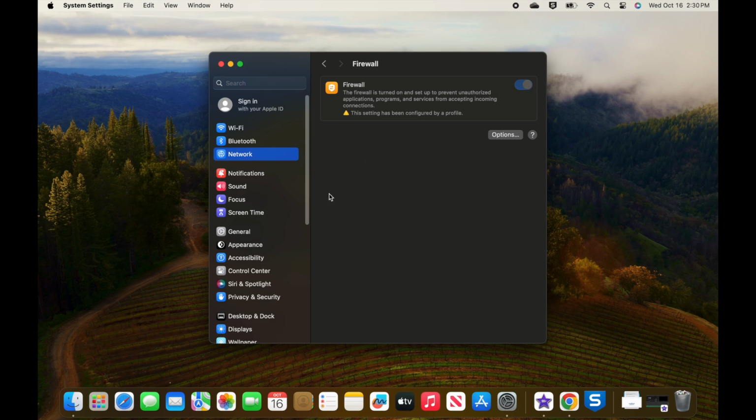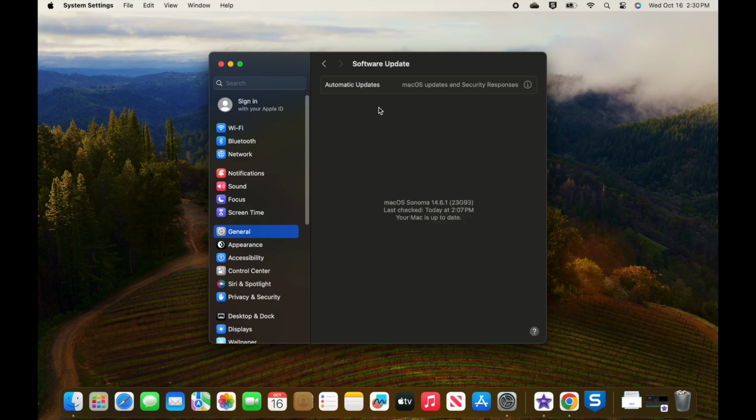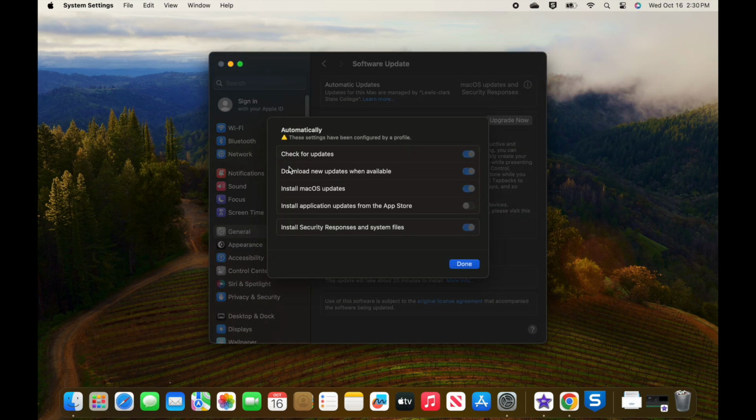Continuing in the System Settings menu, we will go to the General tab on the left side. From here, we will select Software Update. We can see here at the top, under Automatic Updates, that updates are managed by Lewis Clark State College. We can verify that the device updates automatically by clicking on this little circled eye. This device is set up automatically to check for updates, download new updates, and install macOS updates, so I know